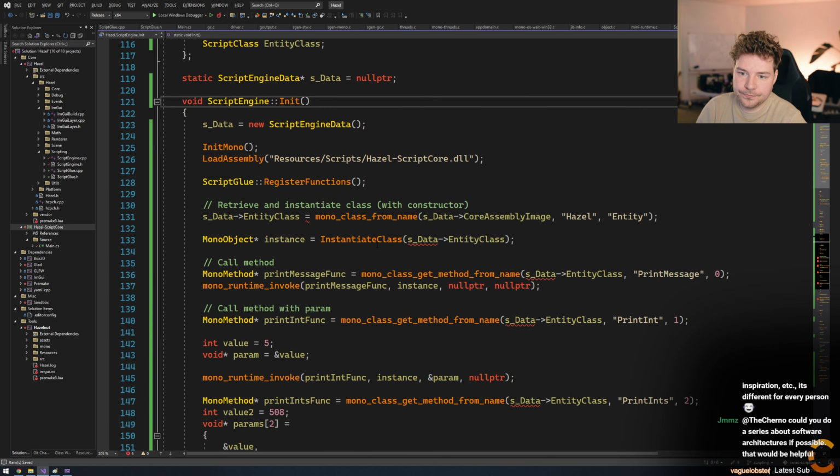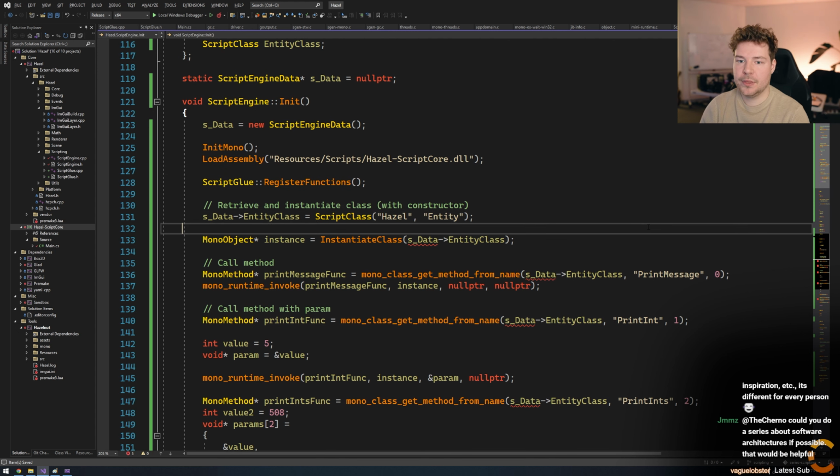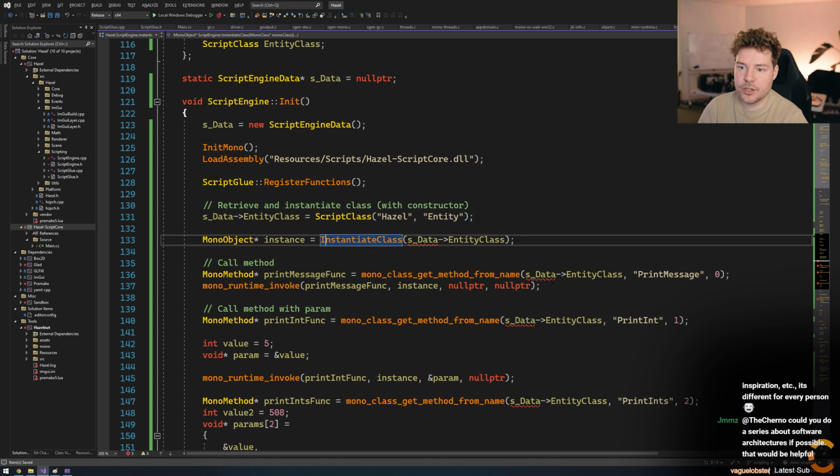Okay, so yeah, this becomes basically just script class Hazel entity. And then from this now, if we want to instantiate it, we're just going to do entity class, yeah, instantiate basically. So this I'll copy.